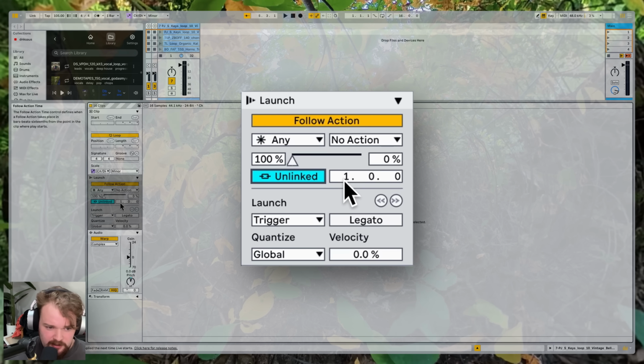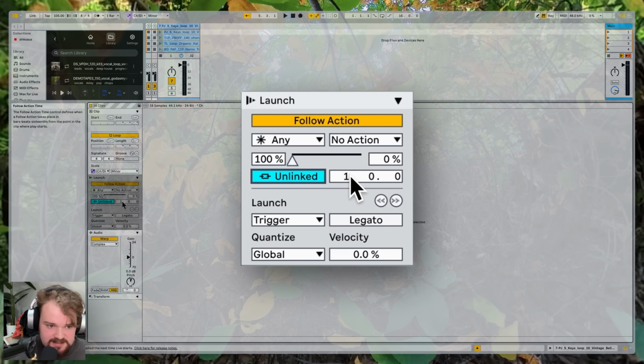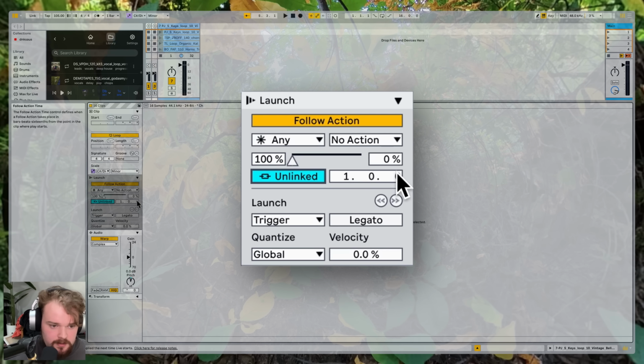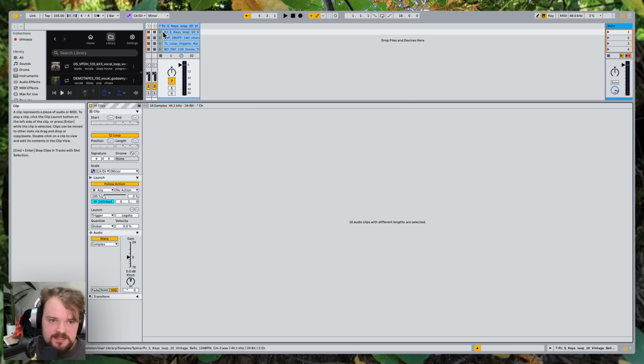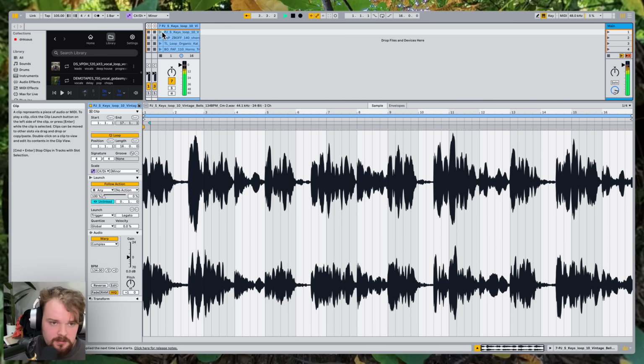So this will define how long each clip will play for. This is defined in 16ths and it's on 1 bar by default, but we can change this to be a quarter note each. So say if we play this right now. Right now it's playing each loop for a quarter note each, but you'll notice that each time it switches,